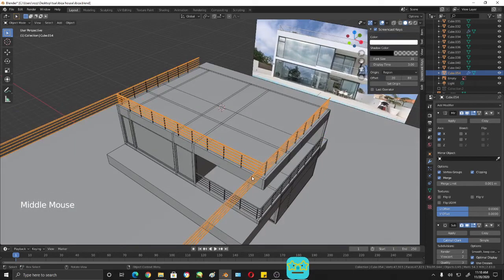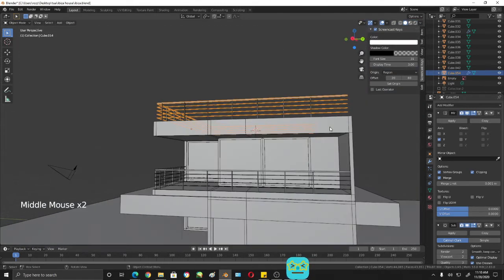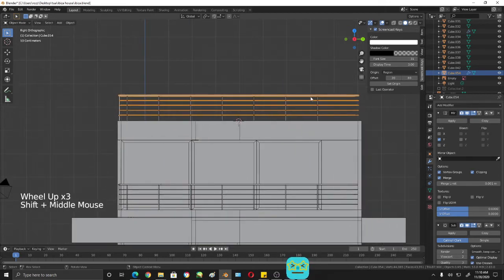You see it actually is adding support on the back, but it's being put in the front. So what we can do here is move the center of this particular object to this center in the cursor. So what we can do is select this,